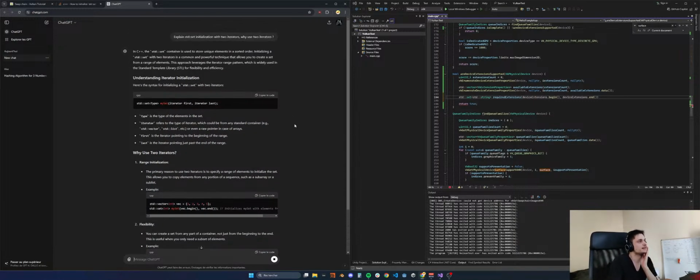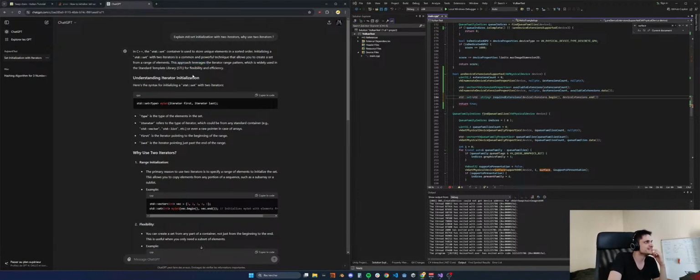The std set container is used to store unique elements in a sorted order. It's sorted. Initializing std sets with two iterators is a common and powerful technique that allows you to create a set from a range of elements. Well, at least it seems like it's understanding what I'm asking,